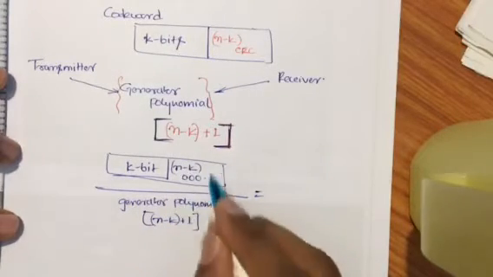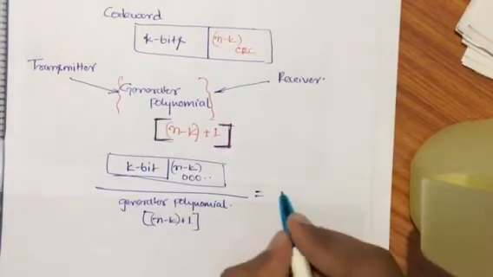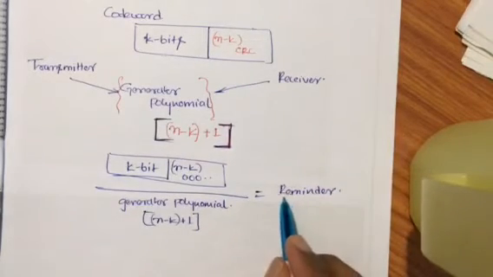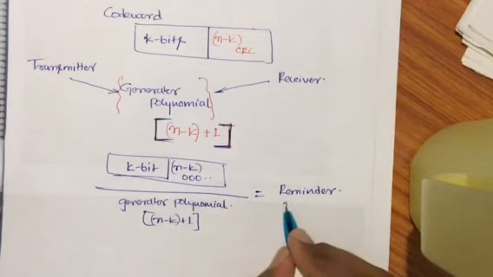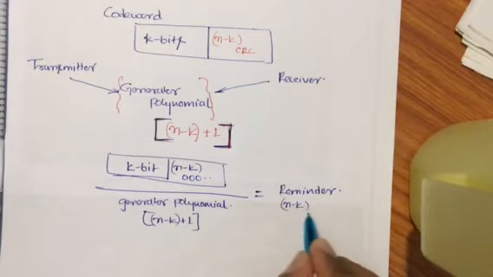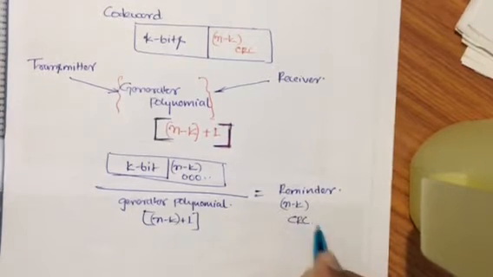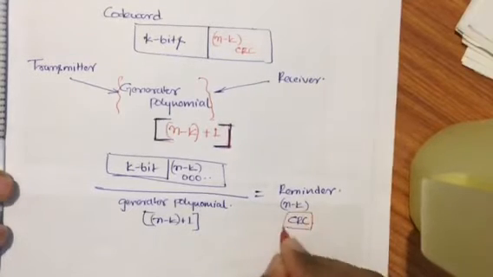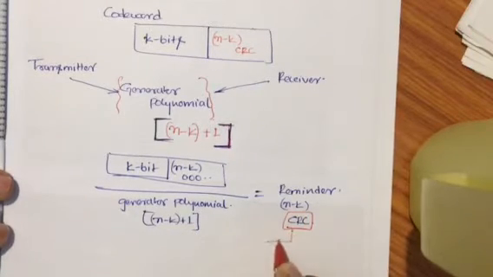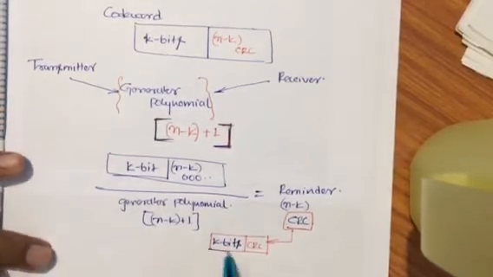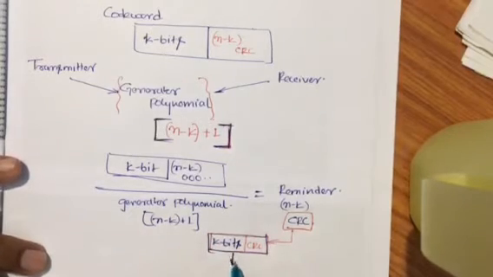By doing this XOR division operation, I'll be getting a remainder. This n minus k bits of remainder will be available at the end. This n minus k bits is nothing but my cyclic redundancy check, the CRC. So I'm going to place this with my k bits of data. This will be the CRC, and this will be the k bits of data, and this whole will be transmitted from